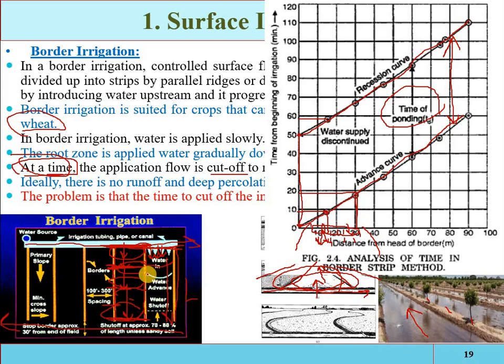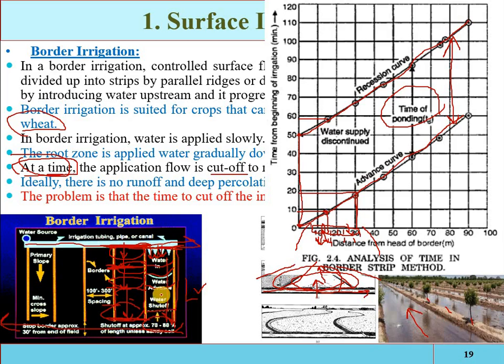See, that is called the sheet of the irrigation water, the sheet of the flowing water. That is also called the advance front, when the water is moving in the forward direction. So when the water reaches 70 to 80% of the length of the border, then stop the flow into the border. For example, if the length of the border is 100 meters, when the water reaches 70 meters of the border, then stop the further inflow of water into the border. Then the runoff and deep percolation losses will be reduced.